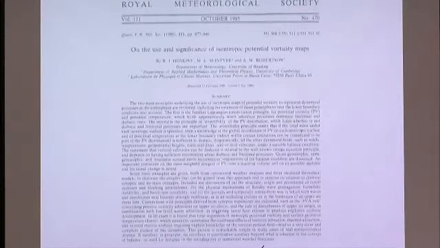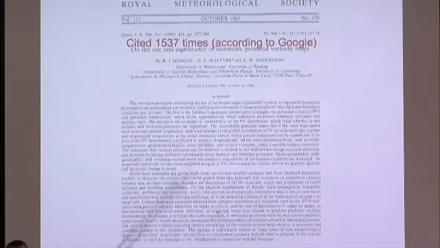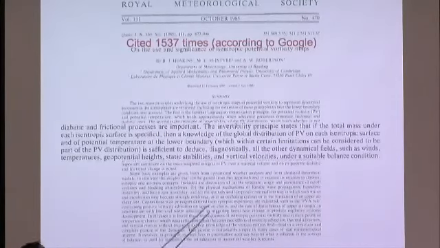This paper, just to give us an idea of how important it is, according to Google, a couple weeks ago at least, it was cited over 1,500 times. So that usually indicates that it's a useful paper, and it's titled "On the Use and Significance of Isentropic Potential Vorticity Maps." One of the things that they point out here in the summary,